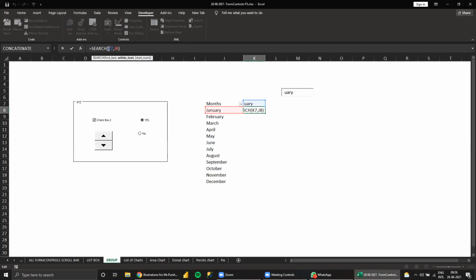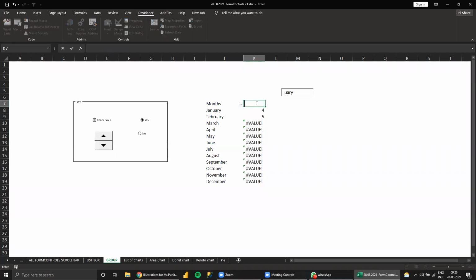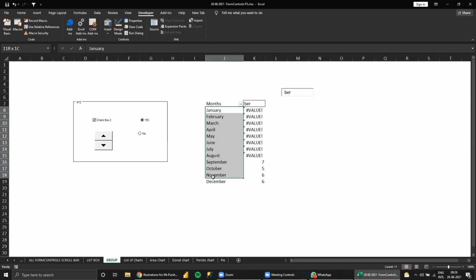So whenever you see there, whenever the number is there, automatically it is there or it is not there, right? See, UARY. Suppose BR. Wherever BR is, we need to get numbers. This means whether this content is there or not in this. Okay, we'll get it here. Correct now.